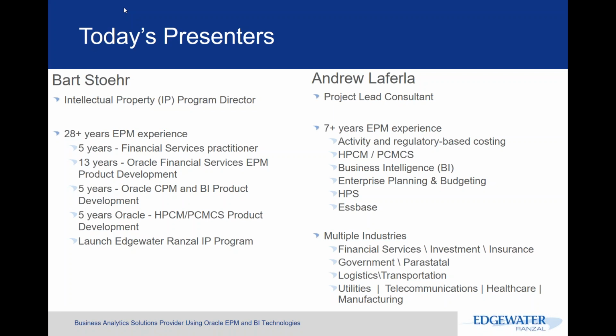I'm a project lead consultant at Renzel, and I've been working in the EPM environment for the past 7 years or so. I've actually worked on HPCM specifically since 2009, so I've been working on HPCM right from pretty much the beginning of HPCM when it started all those years ago. Of course, like all EPM consultants these days, it's not just HPCM that I work on. HPCM is definitely the focus area and definitely my passion, but I've worked in a number of other regulatory and activity-based costing solutions. I've also focused on business intelligence, enterprise planning and budgeting, some Hyperion performance scorecard, and of course